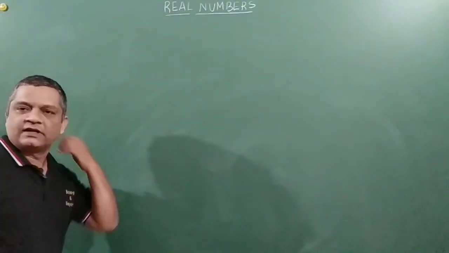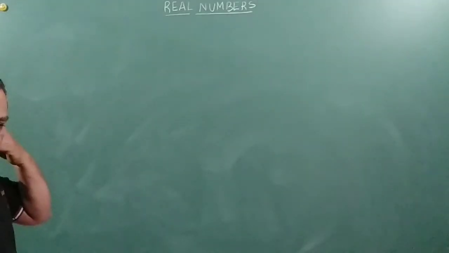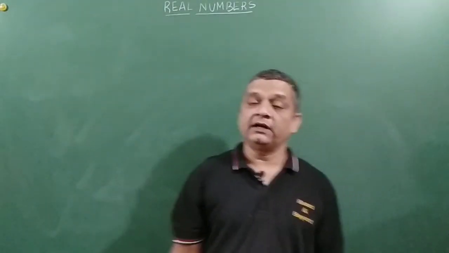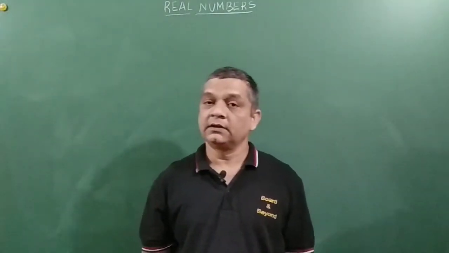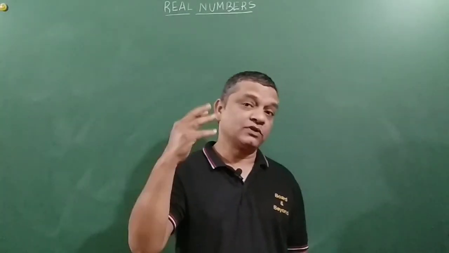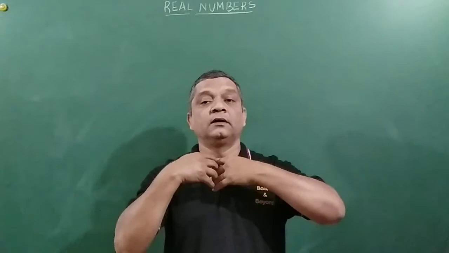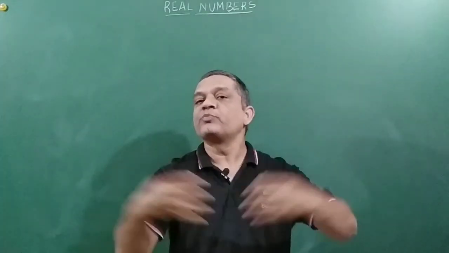So now, friends, what we are going to do is that you will see a small question: the LCM of a 2-digit composite number and the smallest composite number. So what is a 2-digit composite number? So what is a composite number first? A composite number is a number which has got factors more than 1. It is just the opposite of prime numbers.